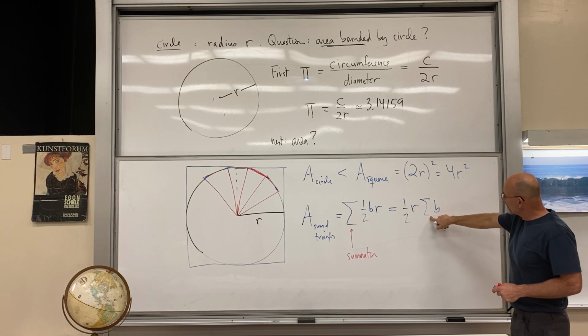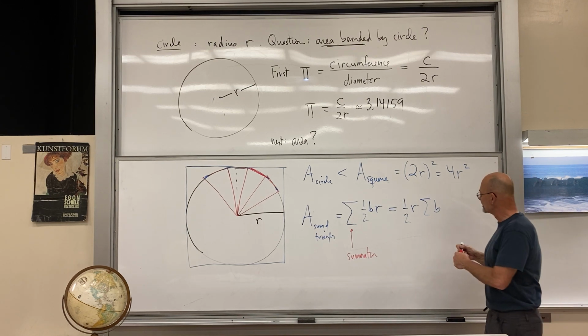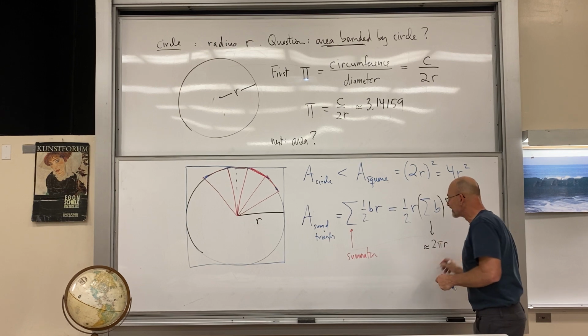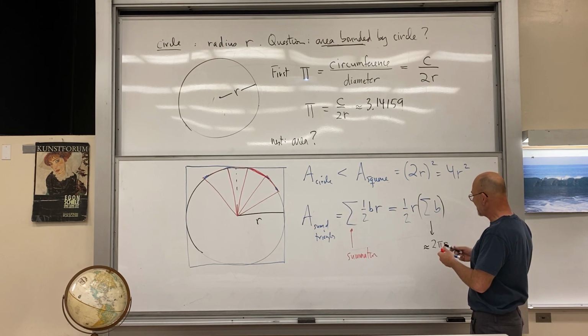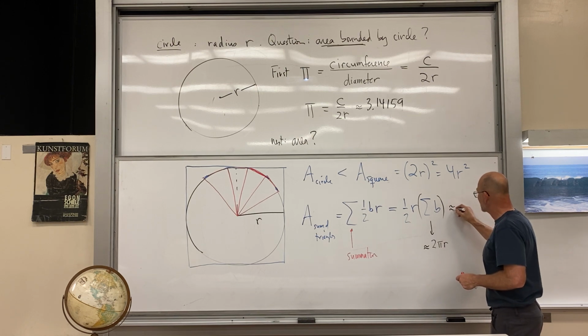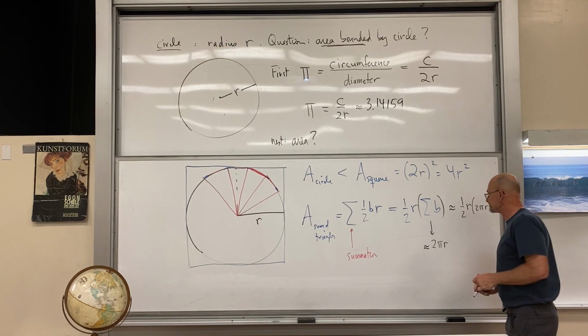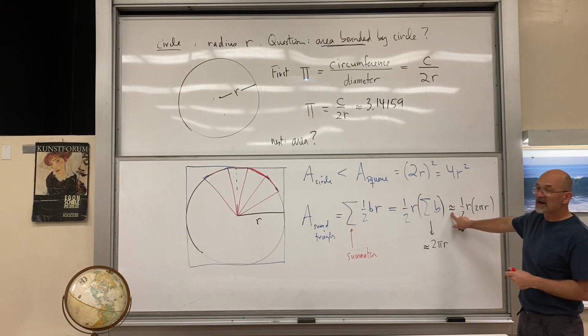And these here add up to approximately 2 pi radius, because that's the circumference of the circle. So what we're getting here is approximately 1/2 r times 2 pi r. Area of the sum of the triangles. Notice I've got that approximation here,